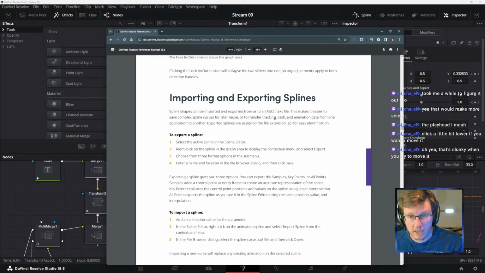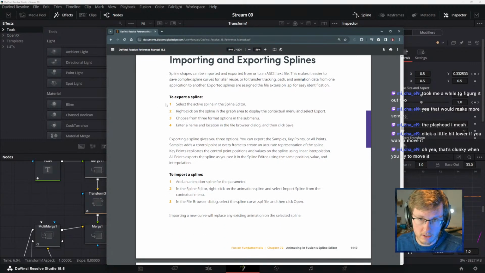Oh, okay. Exported splines are assigned the file extension SPL for easy identification. To export a spline, you can select the active spline in the spline editor, right-click it to display the context menu and select export.